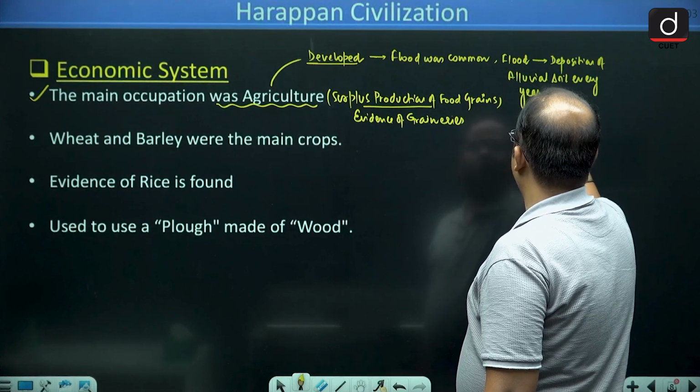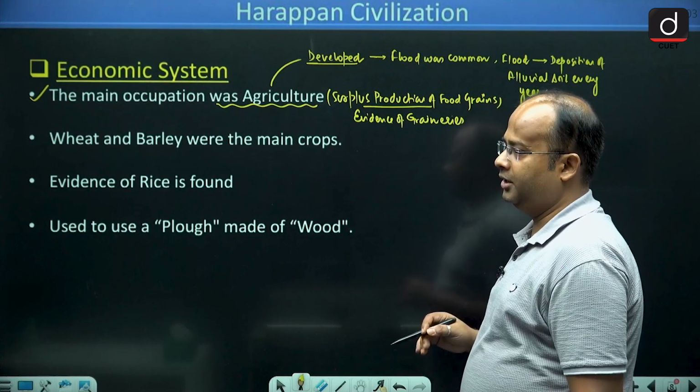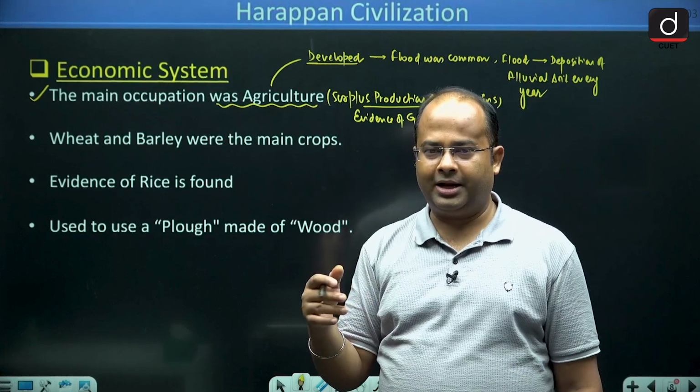There is a deposition of alluvial soil every year, so definitely the agriculture is going to